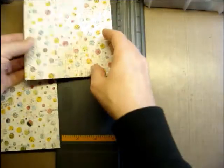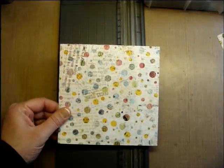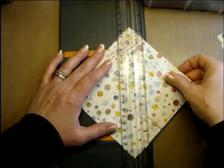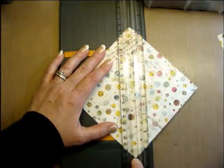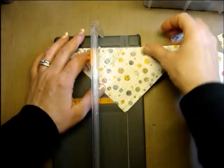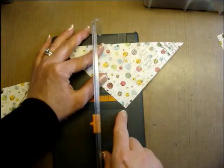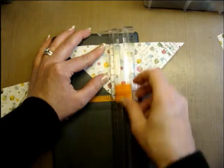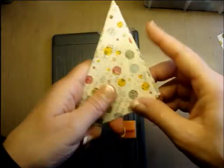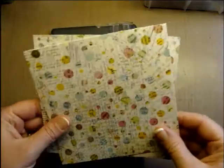For those of you who are following along with me, go ahead and cut your first piece at 5.5 by 5.5. And we're going to go ahead and cut these into 4 triangles by lining up the tips on our cutter on either side, and then line up the edge and the tip here and cut from the edge down. Same with this one, line it up on the edge so that the tip hits the cutting edge and cut down. You'll end up with 4 of those pieces. Now set those aside. Make sure you don't confuse these 5.5 by 5.5 ones with the 5.25,